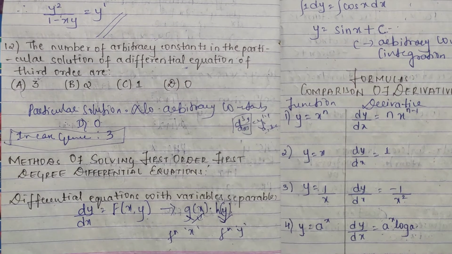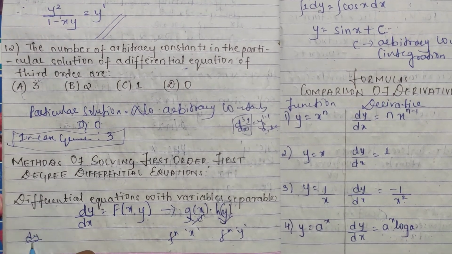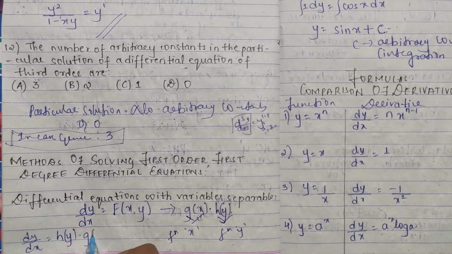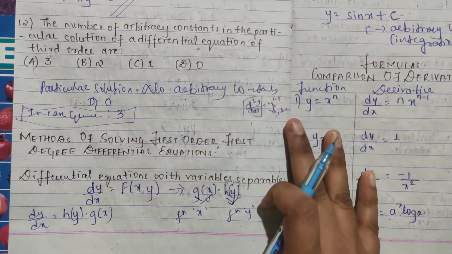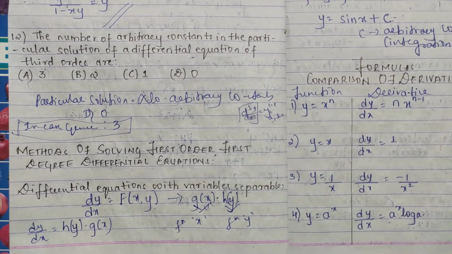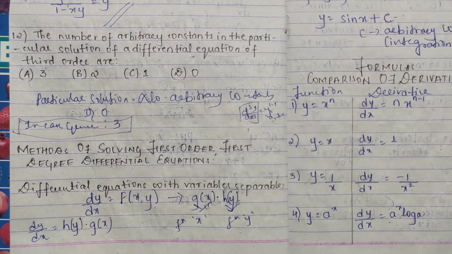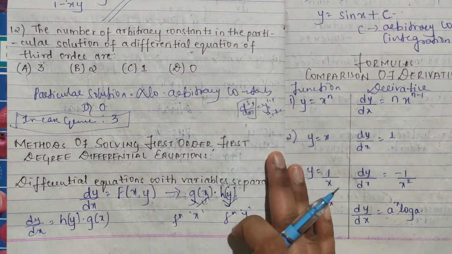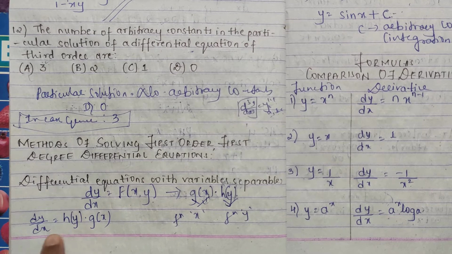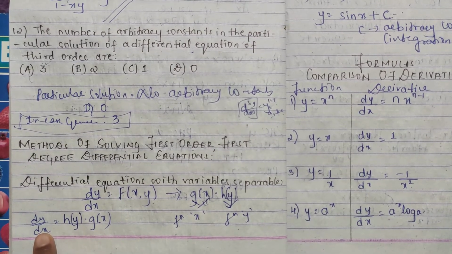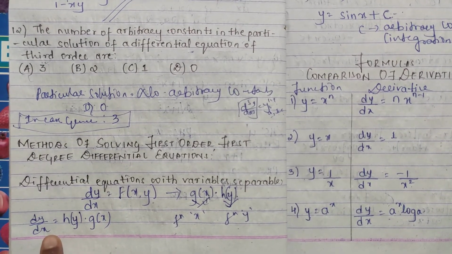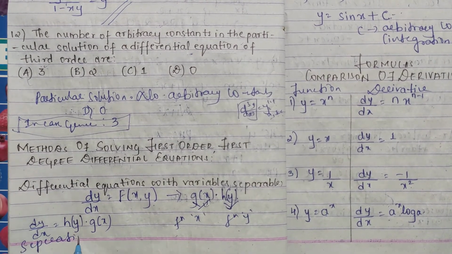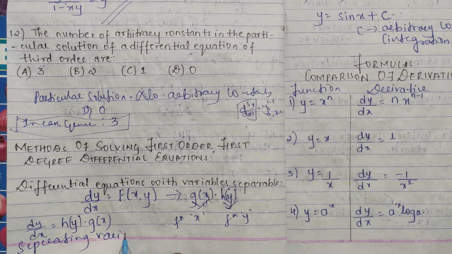So here what we will do, dy by dx, it is product rule, consider h of y into g of x. So y terms we will keep with y term, x term with the x term. Make sure your h of y is not equal to 0. Why? Because dy is here. So when h of y goes here, it becomes in the denominator. So this is only called your separating the variables. You will use the word separating variables.